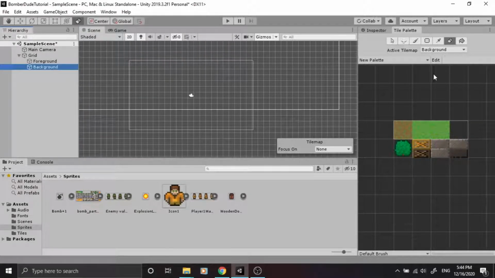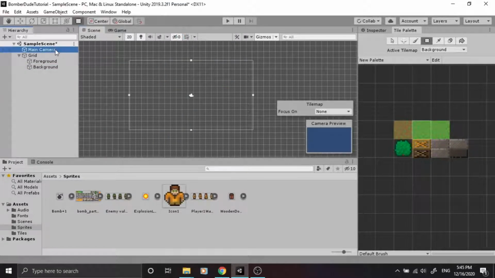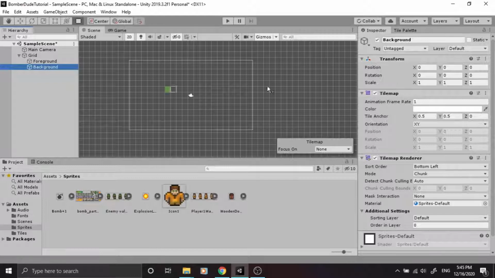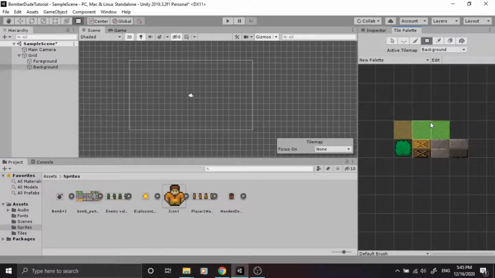Okay, so now let's create our level, but before creating our level, make sure to change the camera to 0.5x position and change the size of our camera to 6. Okay, then let's paint on the background first.